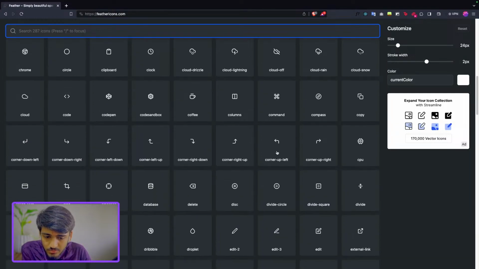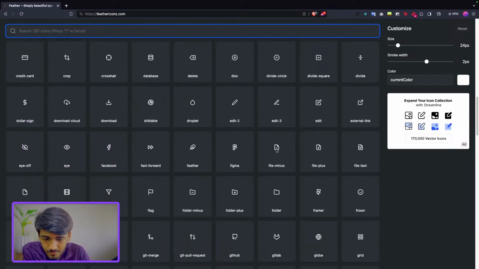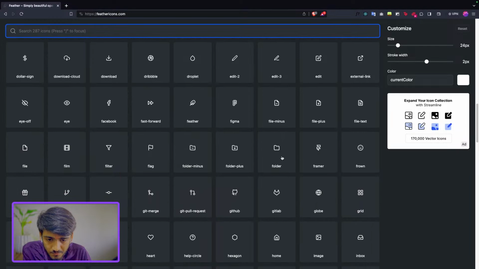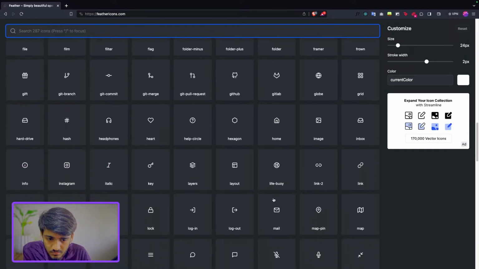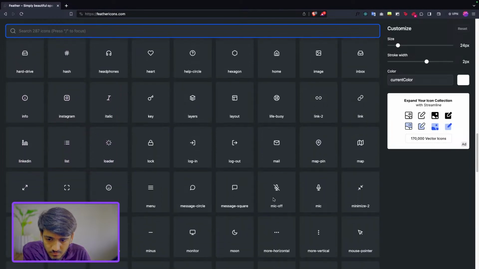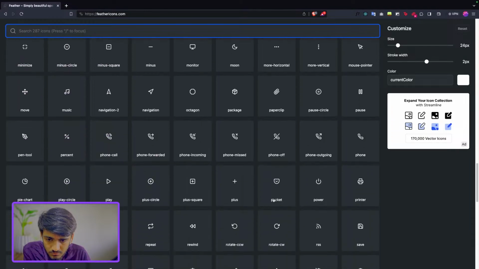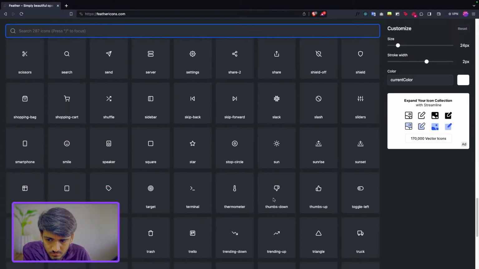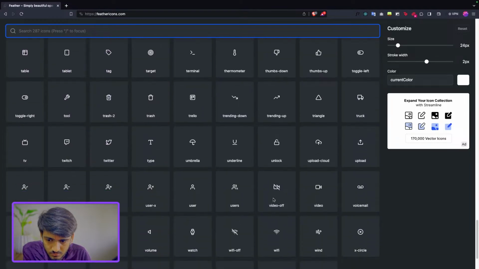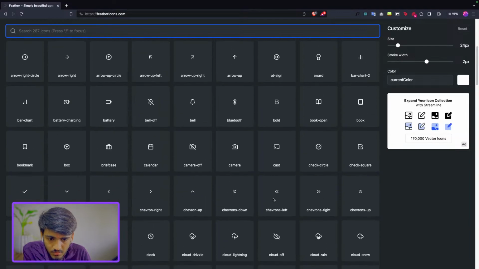Let's look for some more icons. If we find something better, we can use that. Maybe we can use folder icon. Yeah, let's just use